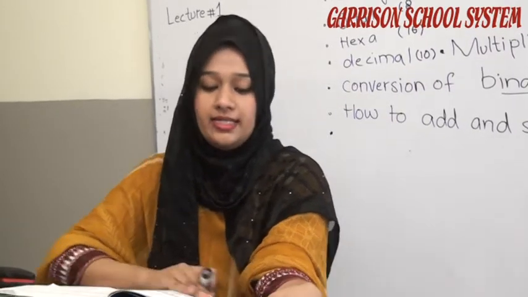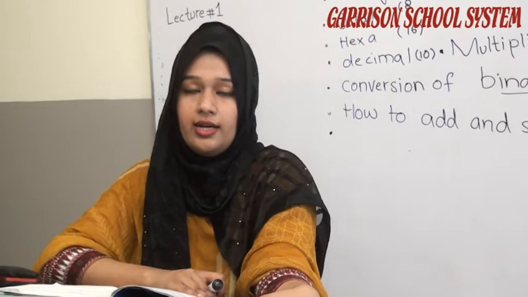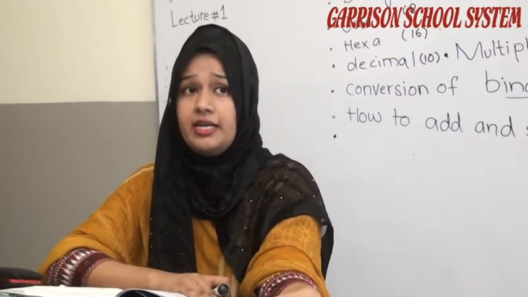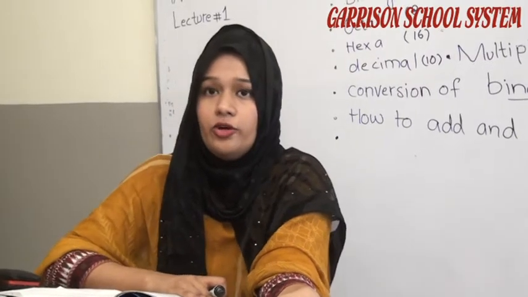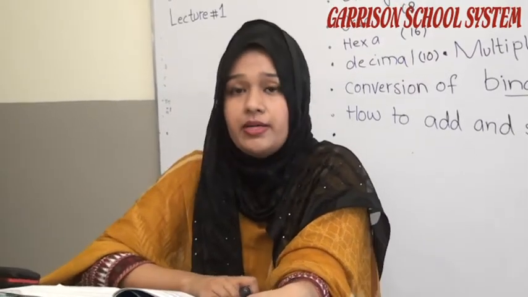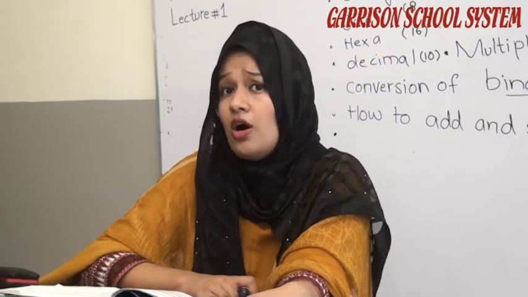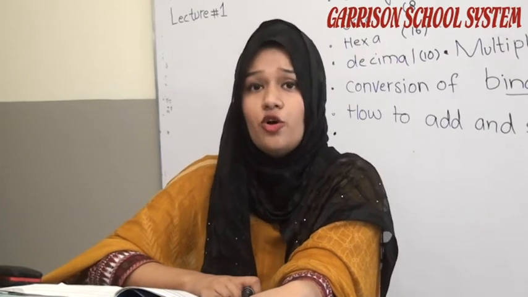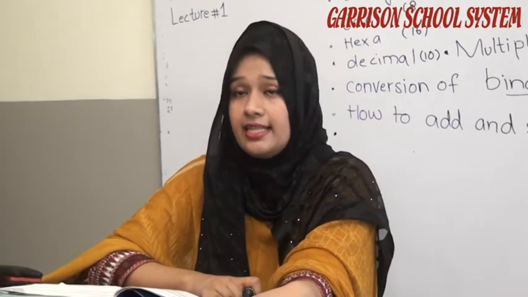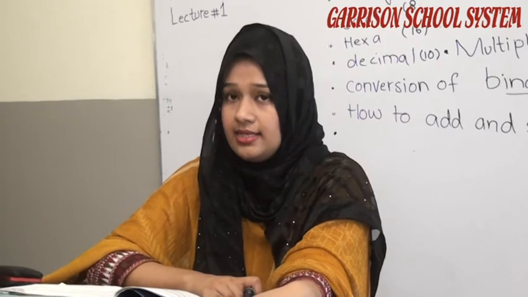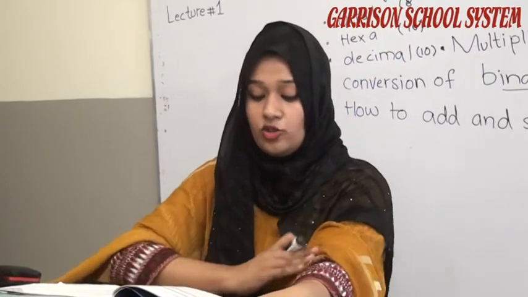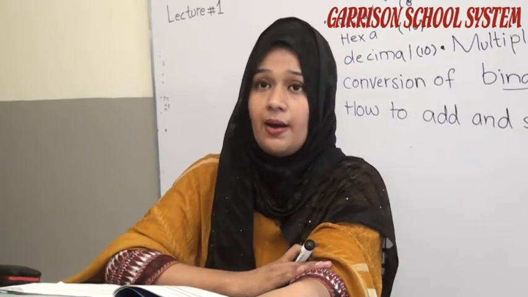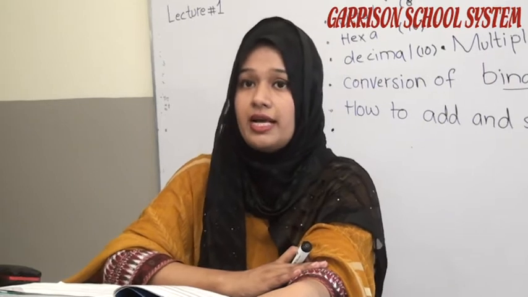Okay, next your topic is conversion of octal numbers into the decimal number system. How can you convert an octal number into the decimal system? If you want to convert octal to decimal, first of all you will know about the base of the octal number system and the decimal number system. The base of the octal number system is 8 and the decimal number system is 10. As an example, 74 is an octal number and you can convert it into the decimal number system.